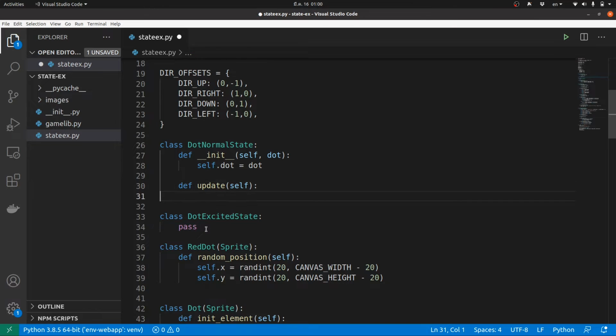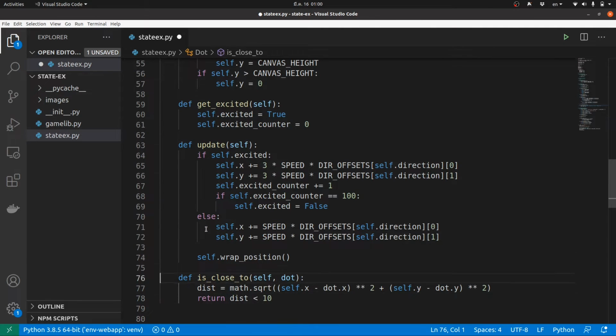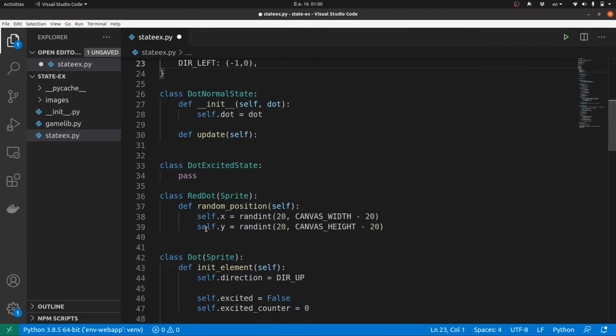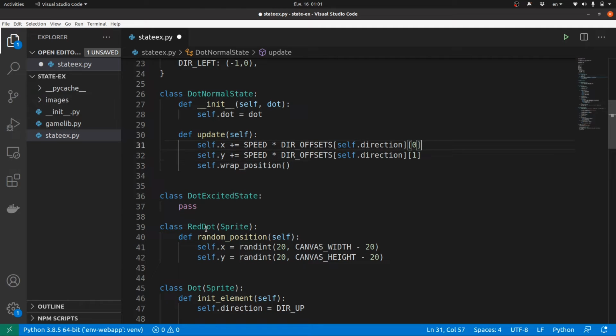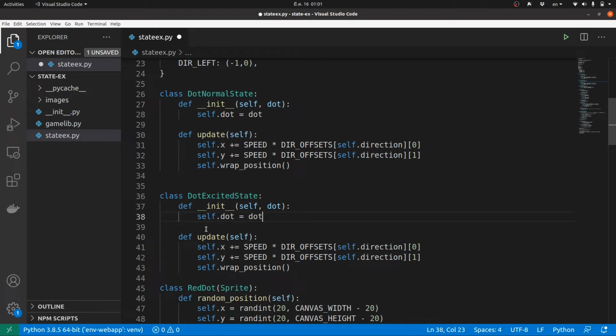Okay, so if you are in a basic state, then you call this and call wrap position. Just that. So this is like a simple state. But if you are in dot.ExcitedState,